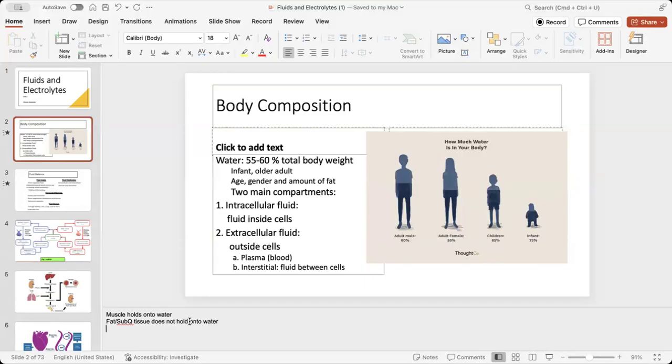So there are two main components. We've got the intracellular fluid, inside the cell. About 2/3 of your body fluid is inside the cell. And then the extracellular fluid is outside of the cell, and that's about 1/3 of your total body water. That includes the plasma and the interstitial fluid, which is the fluid between the cells. It can also include the transcellular fluid the book talked about, like your CSF, peritoneal fluid, and pleural fluid, all those extra fluids that are outside of the cell.